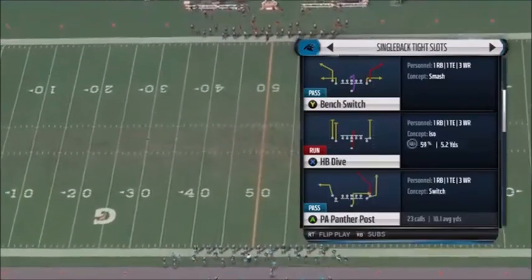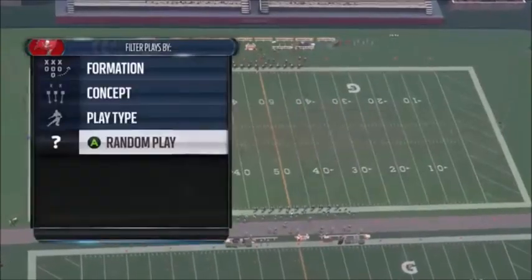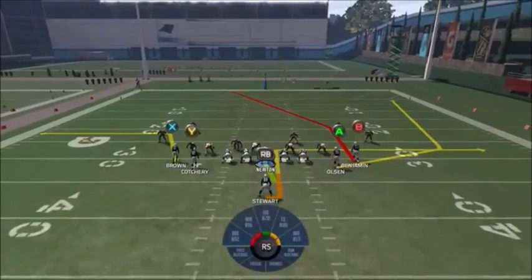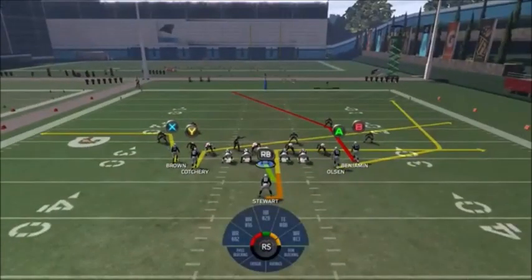Singleback Tight Slots is one of the main formations I ran last year. The main change this year is that HB cutback is a total garbage run now. But we're going to start off, we're just going to do the 4 pass plays. We'll start off with PA Panther Post, and the adjustment we make is we put Y on a slant, and